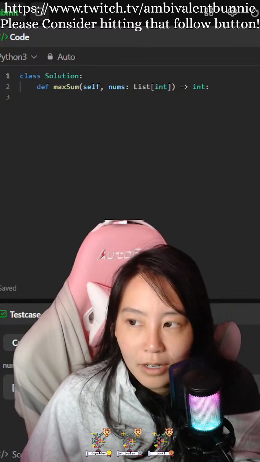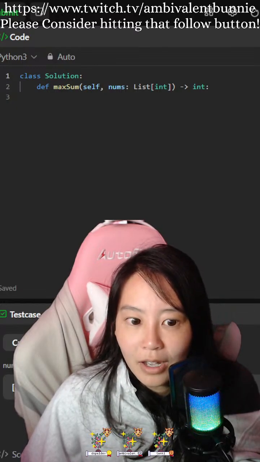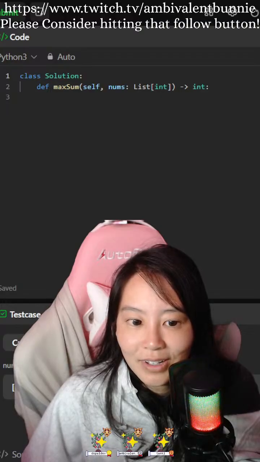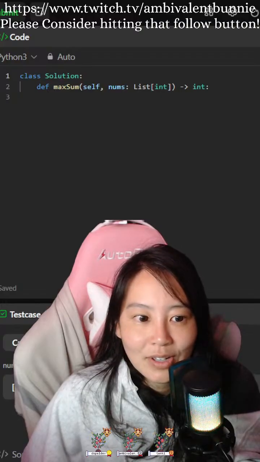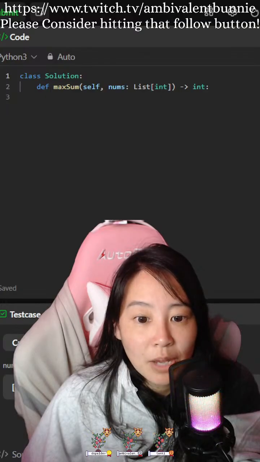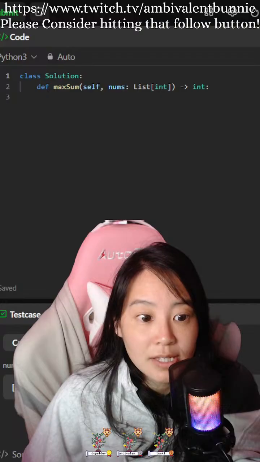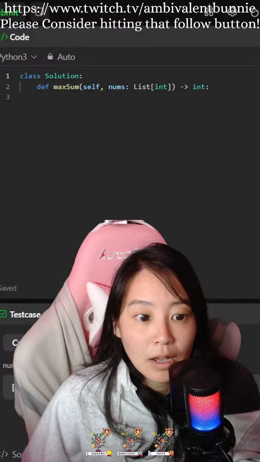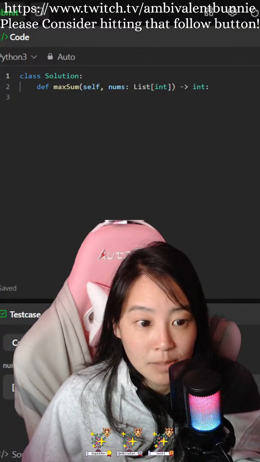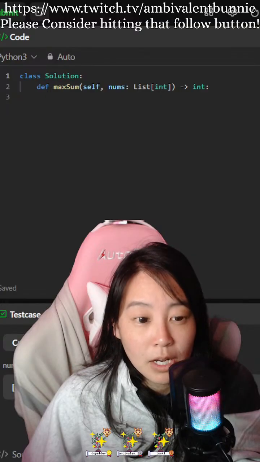Okay. So you're allowed to delete without making it empty. After performing, select a subarray of nums such that the sum of the elements in the subarray is maximized. All elements in the subarray are unique.